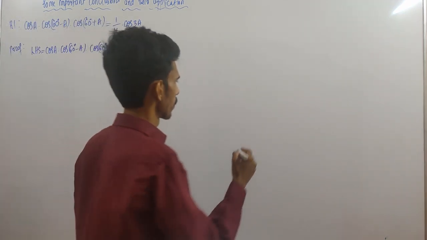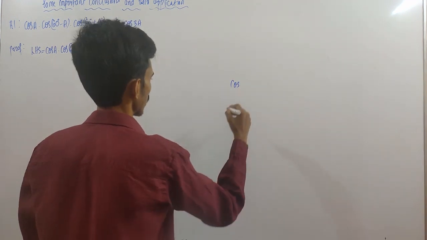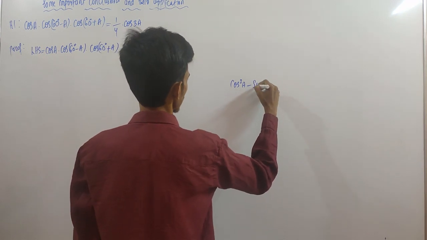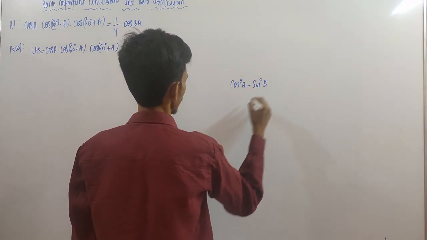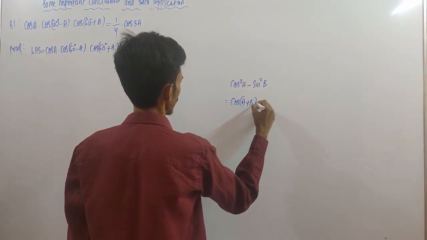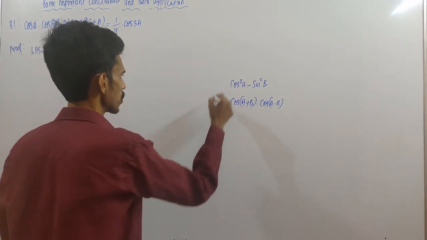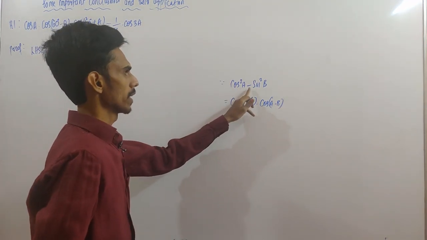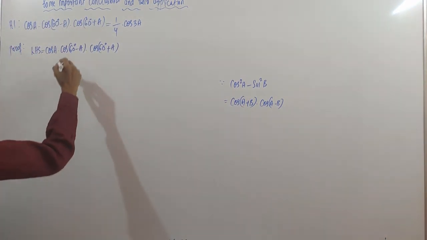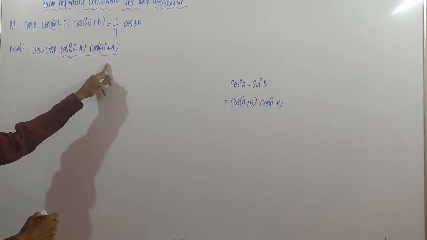We know that cos square A minus sin square B is equal to cos(A plus B) into cos(A minus B). We know this formula. Cos square A minus sin square B value is cos(A plus B) into cos(A minus B). Here we have this cos(A minus B) into cos(A plus B). It will become